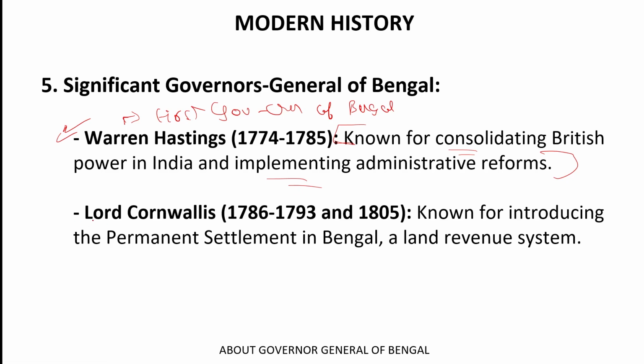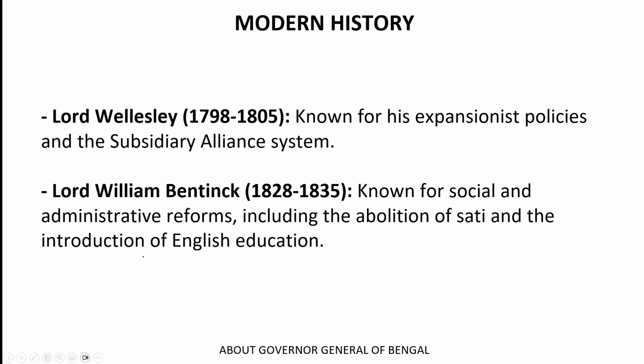Basically, he changed the administration policies of the Nawab to British policies. Got it? Thereafter, the second one is Lord Cornwallis. He is famous for introducing the permanent settlement in India. We will have a discussion over permanent settlement. Thereafter, Lord Wellesley, who introduced the subsidiary alliance. Thereafter, William Bentinck, who is known for his social and administrative reforms and also the earliest introduction of the English language in India, basically known as English education. He was the first person who had a great emphasis on English education. Also known for the abolition of Sati.